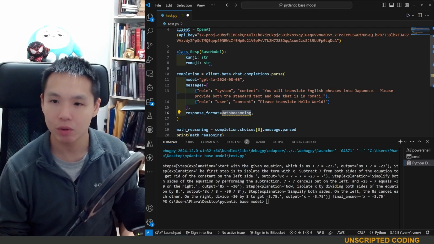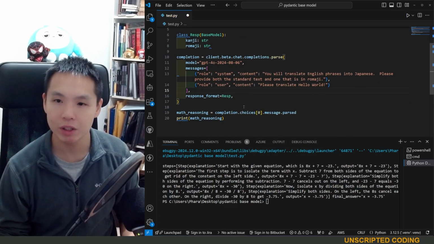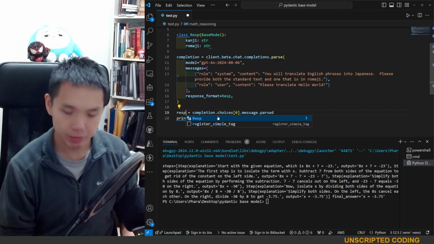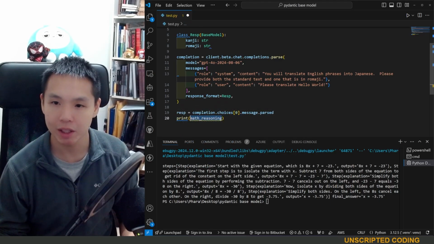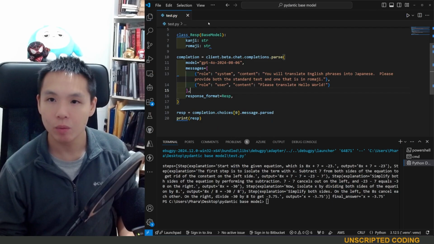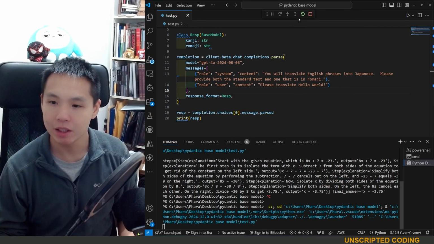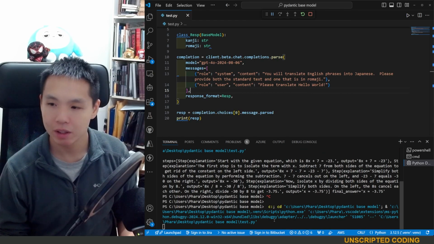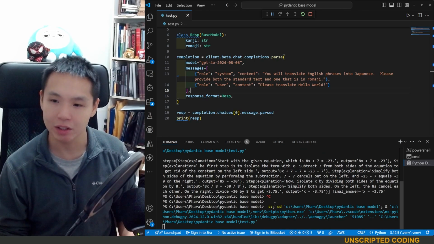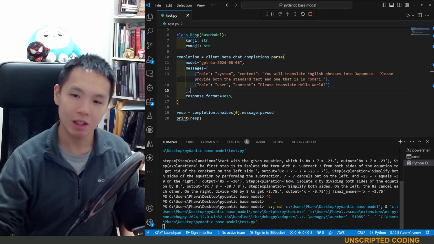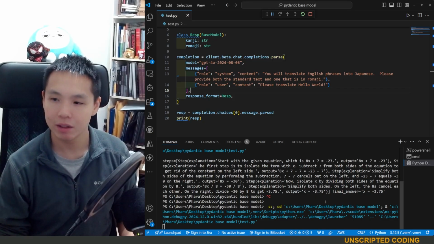And the response format is now the RISP. And we'll just keep with the standard one. And what I'm going to do here is now run and see what happens. So it's going to take a second, of course, because it's pushing it out. And then when it comes back in,